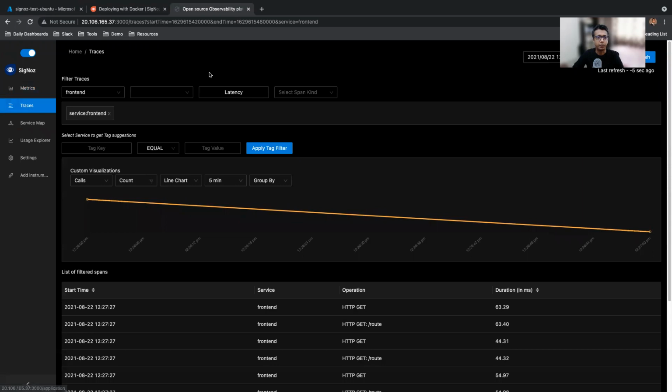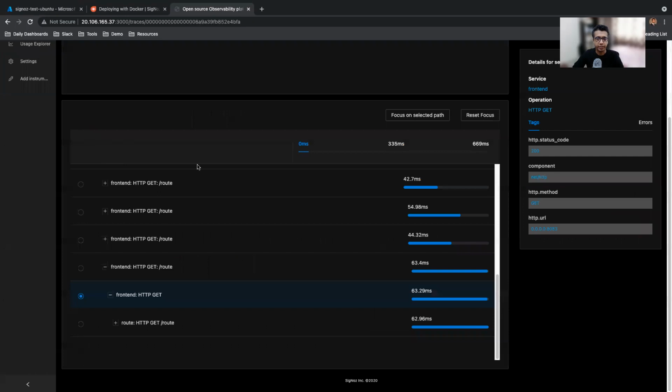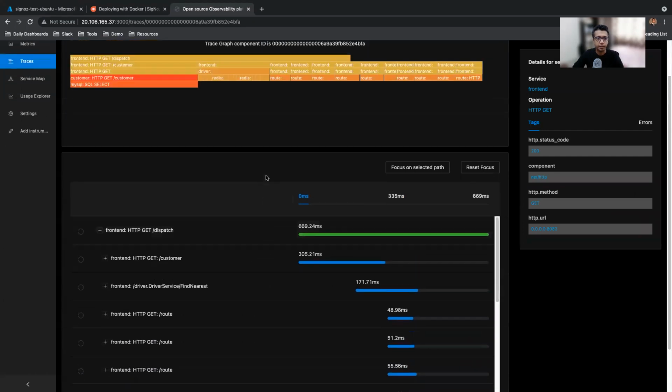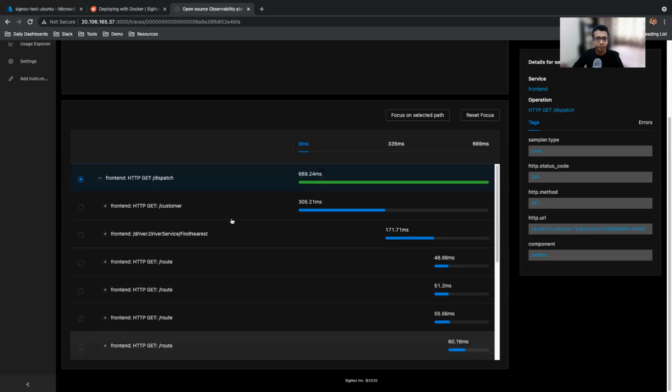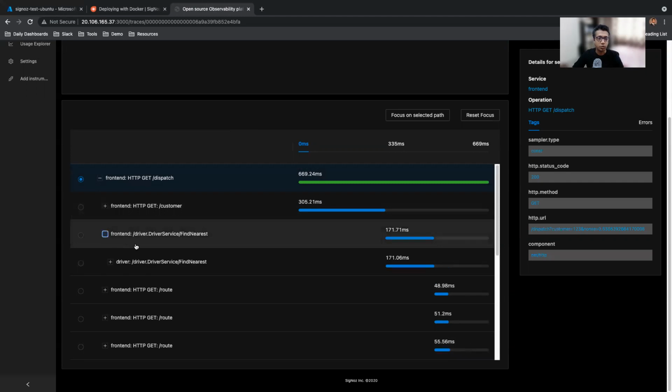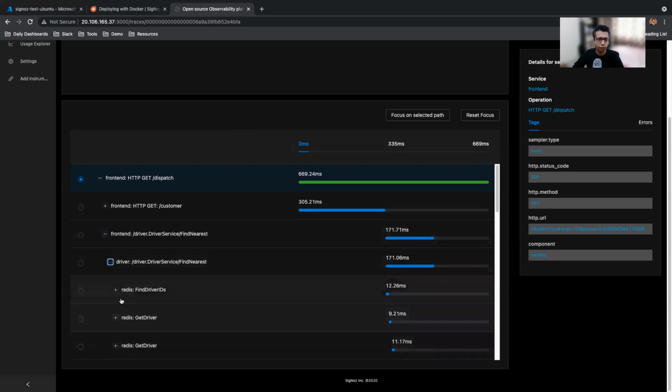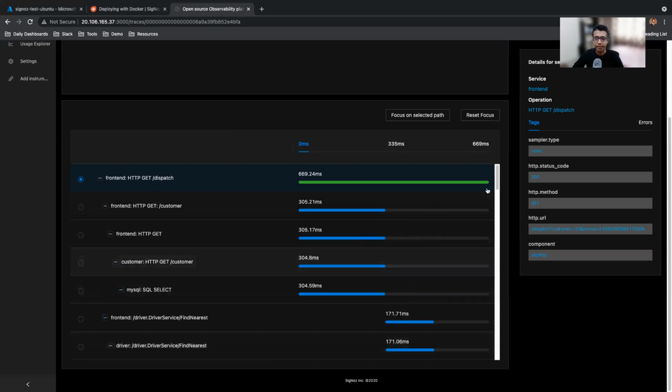So if you just click, it will take you to the detailed trace views, and you can go to the detailed trace there and see what spans are involved, right? So this is a service call which calls /dispatch, and underlying it calls customers. If you just go here, it selects this, and then you can see what the underlying calls are. You can also see if this is calling something deeper inside. So you get a very detailed view of what the different calls being made are.